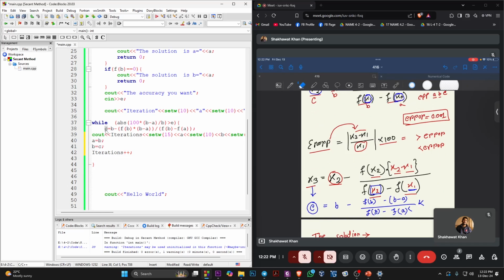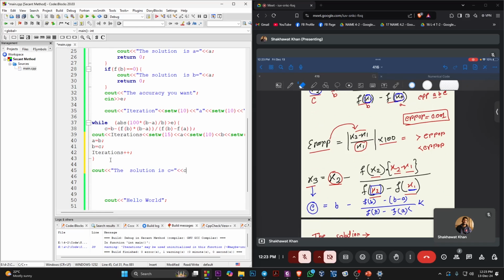So this c value will be replaced in further iterations. Okay, so this is my code, and this loop would be closed when this error is less than 1. This loop would be disabled and I will get my solution. What would be my solution? My solution should be something like this. The solution would be my c. Okay, my solution is c equal to